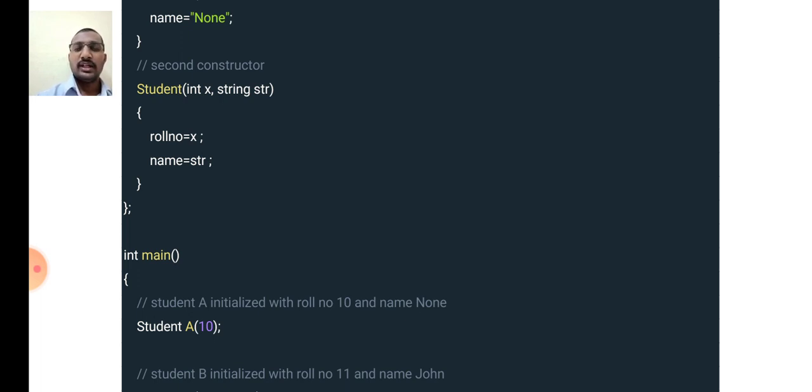So now the int main function. Within the main function, we write code where we declare objects of the class. Here you can see Student a(10). When you create object a with 10 as the parameter, it calls the first constructor, where rollNumber is assigned the value of 10 and the name is equal to "none". Then